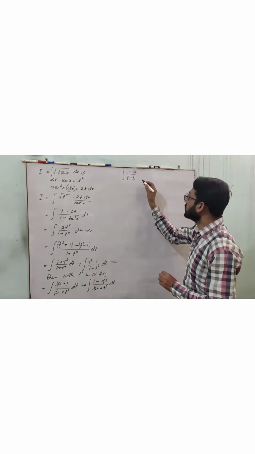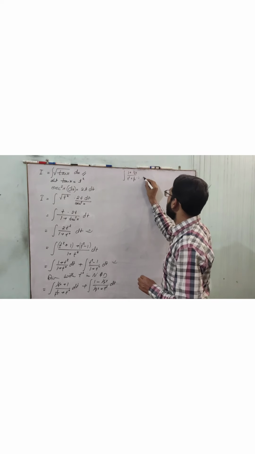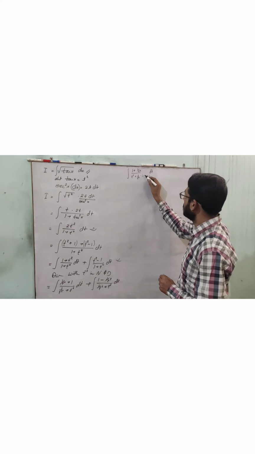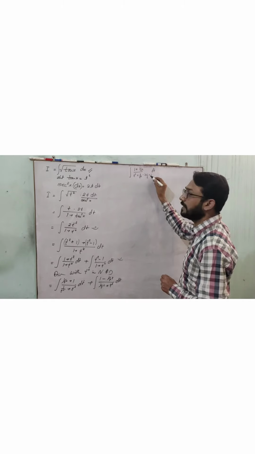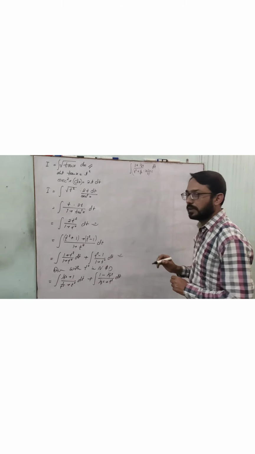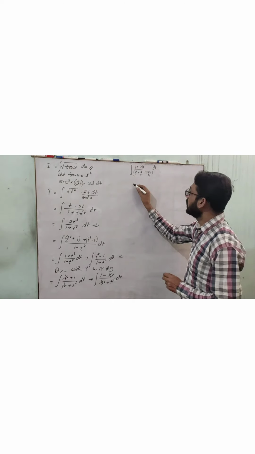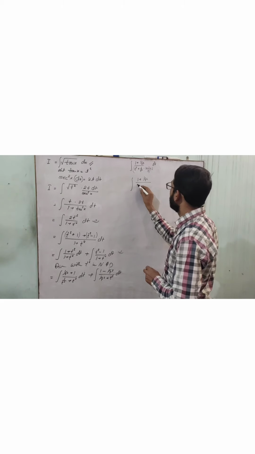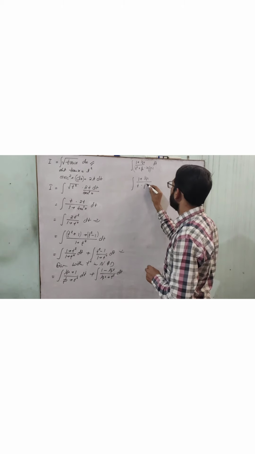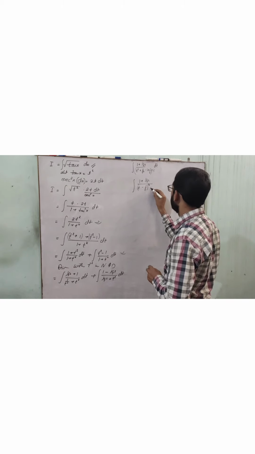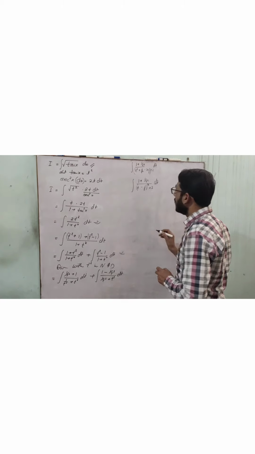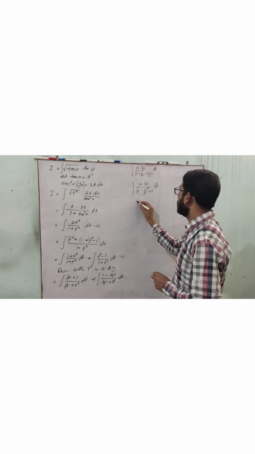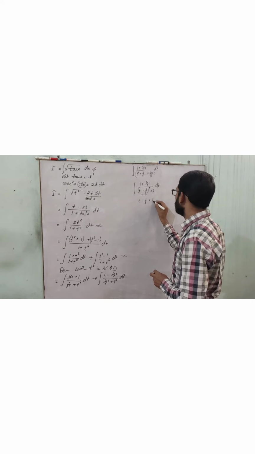Now see, I am subtracting 2 and adding 2 in the first part. Why? Just try to understand. t into 1 upon t, if I am writing, there is no effect, but this whole now becomes a perfect square, means 1 plus 1 upon t square upon t minus 1 upon t to whole square plus 2 dt. Now if I am supposing this as theta, means t minus 1 upon t I am supposing as theta.